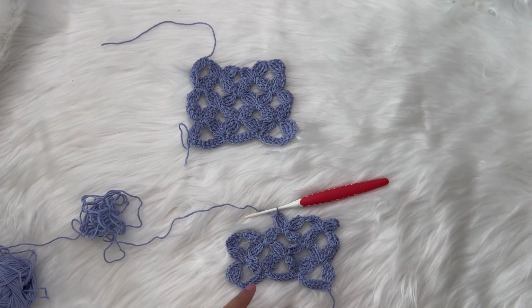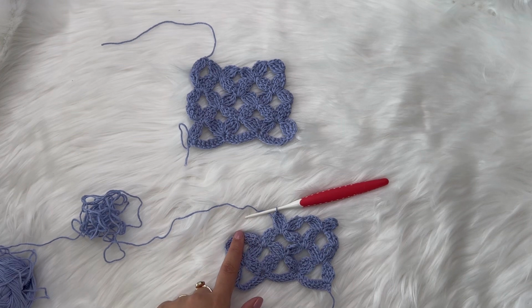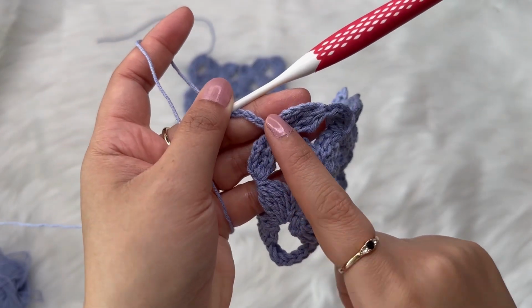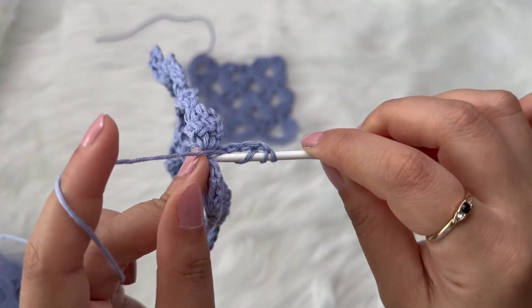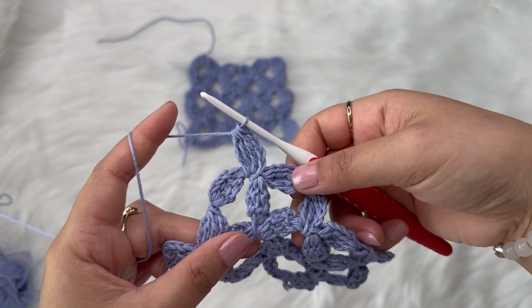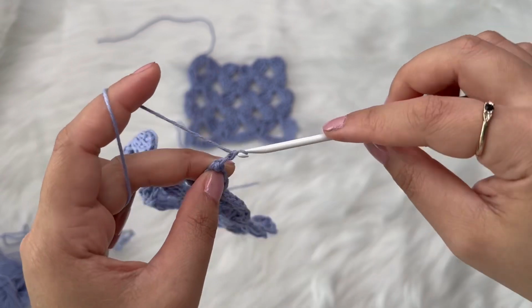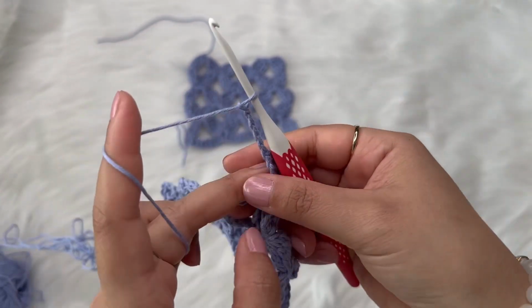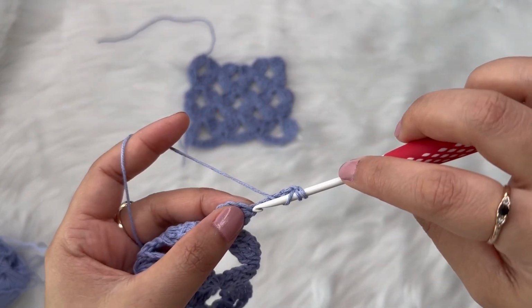And then for the next row, we're going to repeat row 3 again. So continue here, and then I'm going to show you once more the end of row 2 and the beginning of row 3. To end your row 2, chain 5, then 3 triple crochet together. And then for the next row, repeat row 3, chain 5, turn work, and we're going to work 3 triple crochet together,